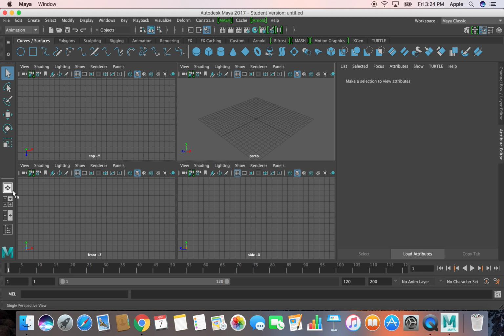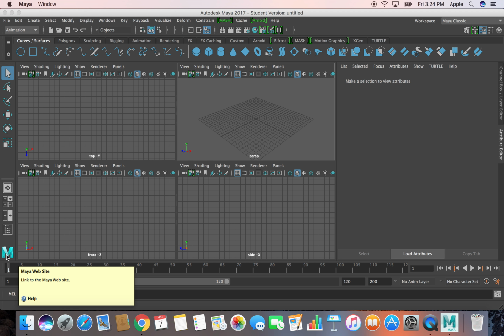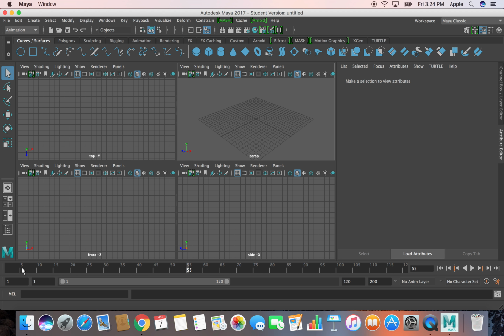Alright, let's go below. You see this icon. If you hit on this icon, you land on the Maya website. And below this, you see this is called the timeline. This is used for animation purposes. Then you have the time slider. You can slide your working